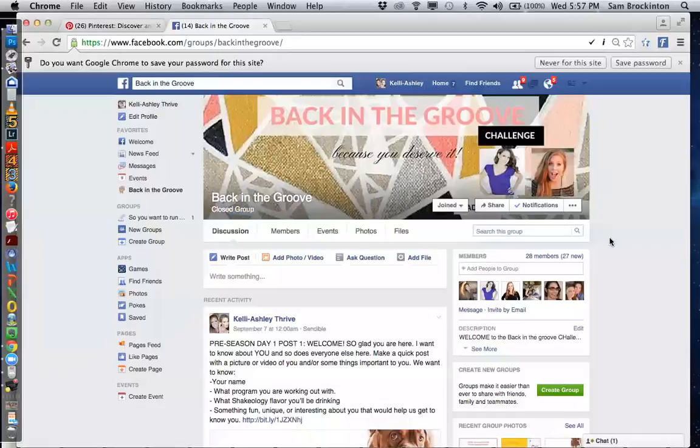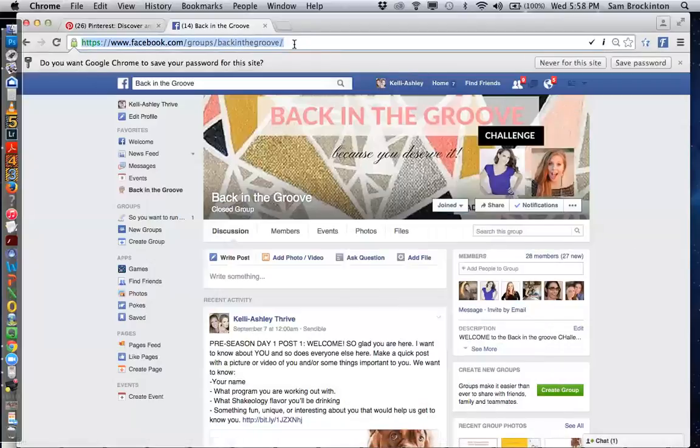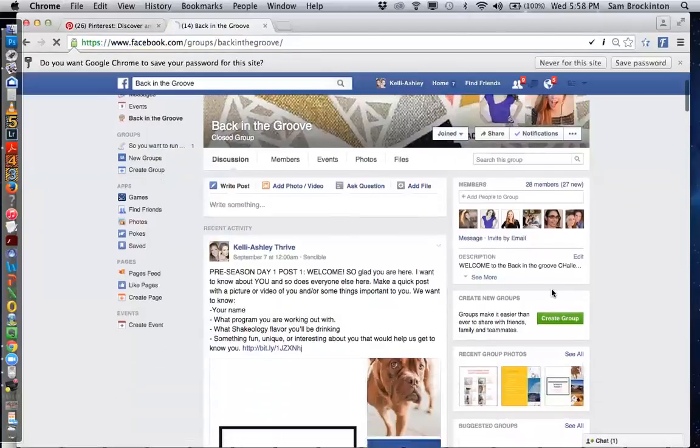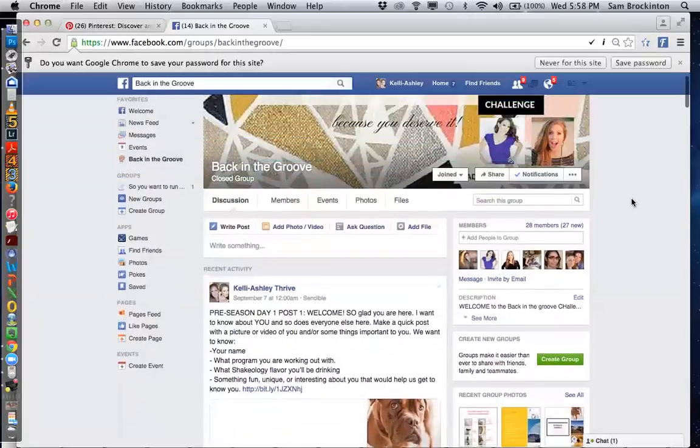So basically, you come to the group, you want to make sure that you have joined it. I've joined, so I don't have the button to join. Why this would be important is if you wanted to send them the address, copy this and paste it, then you could say, hey, go here and request to join the group. And then it's going to show up here if people are requesting,